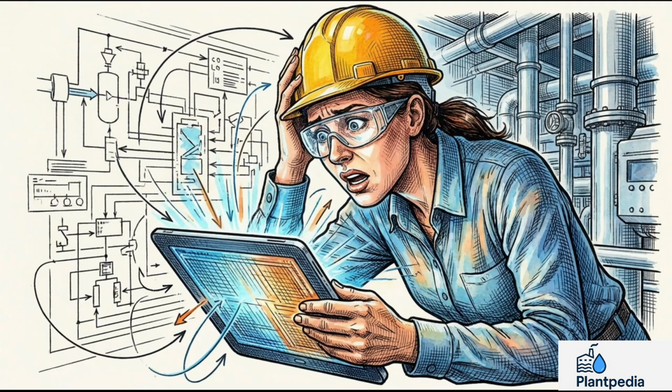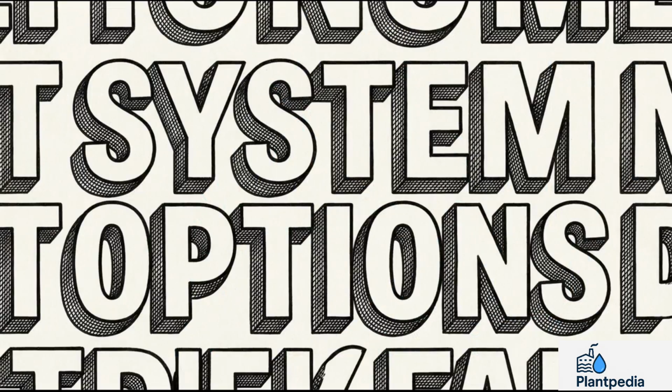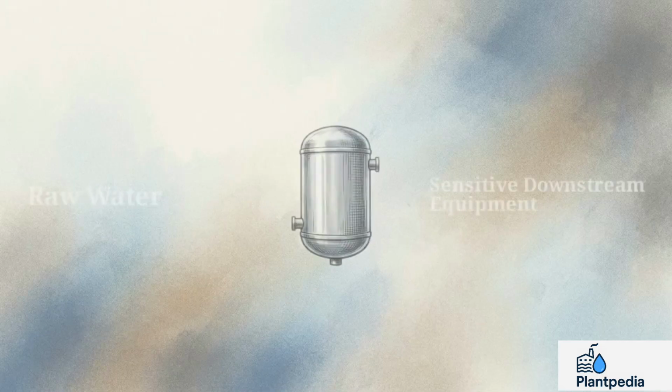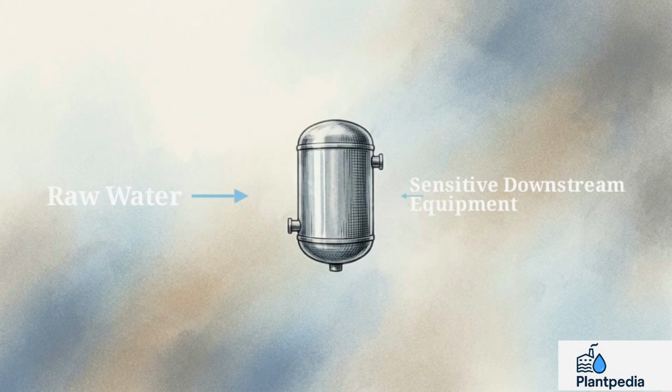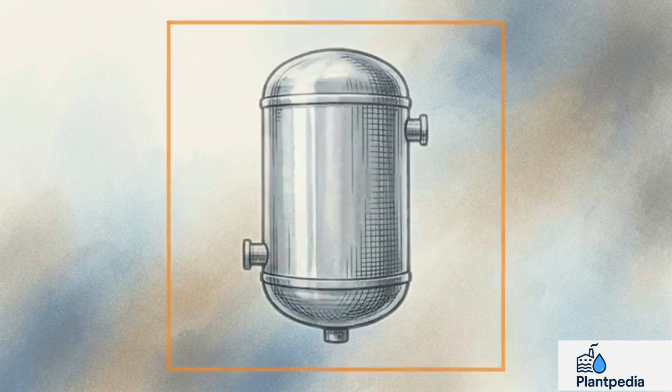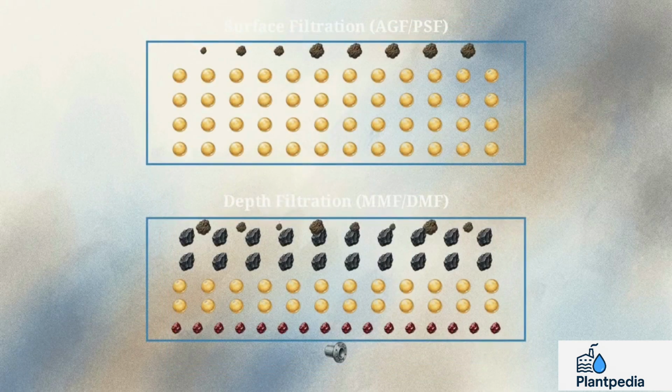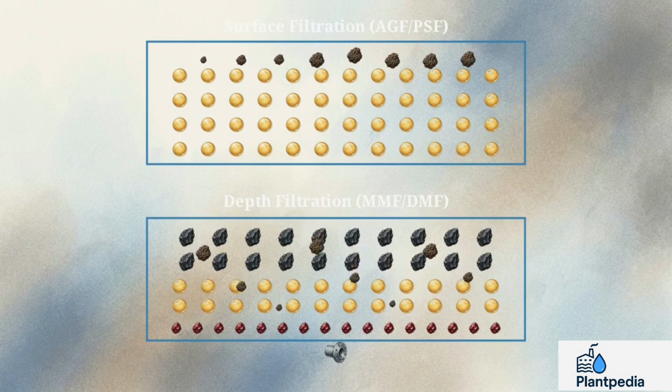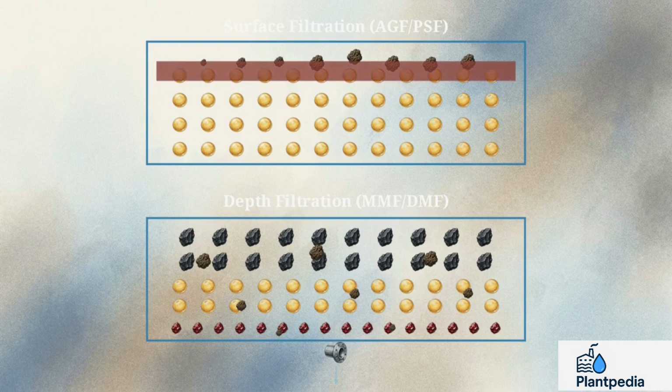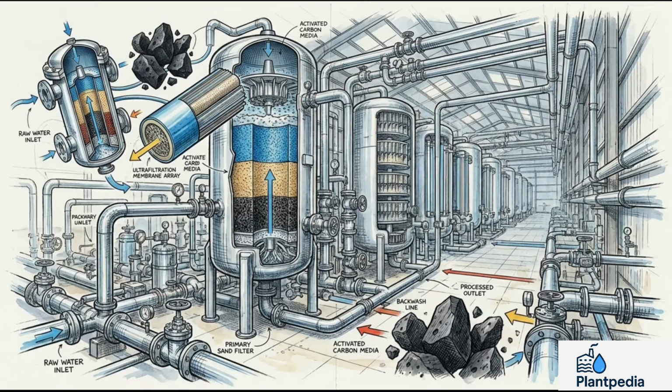But choosing the right protection means navigating an alphabet soup of acronyms. Filters like MMF, AGF, MGF, DMF, and PAF. This diagram illustrates the core mechanical trade-off operators must evaluate. You have to choose between a filter that relies heavily on surface-level capture or one that uses multi-layered depth filtration